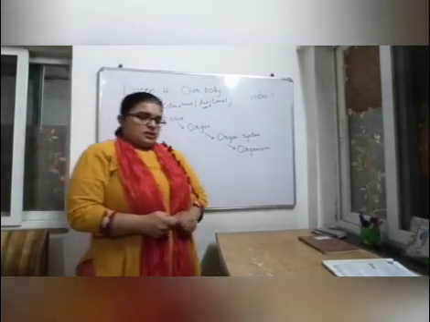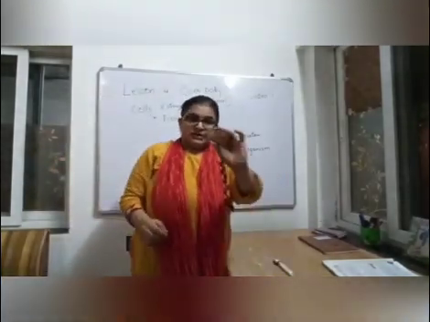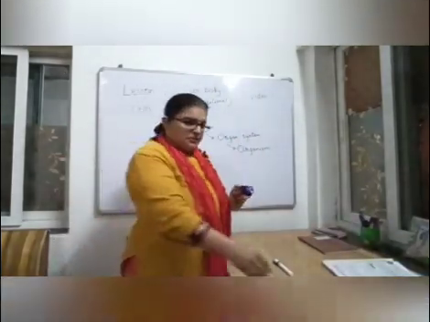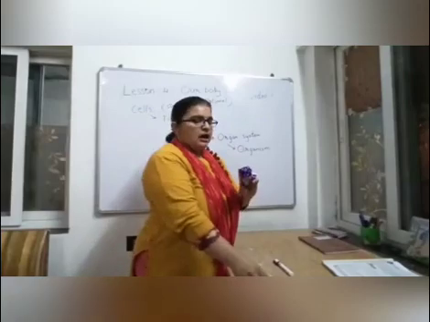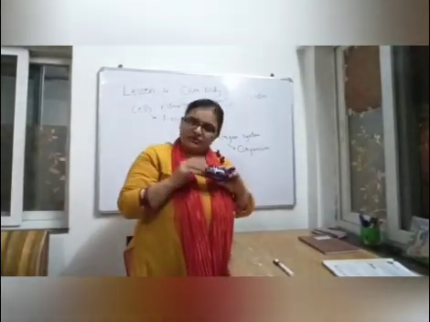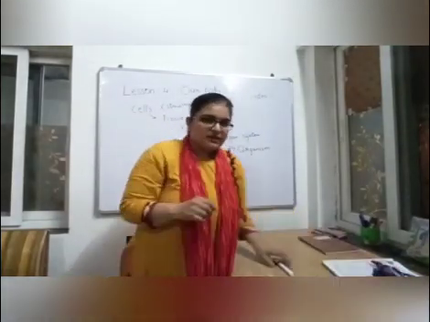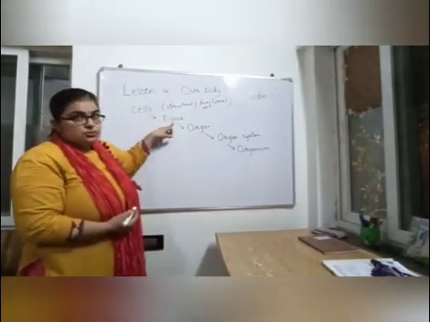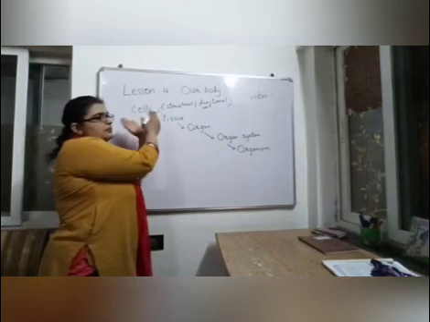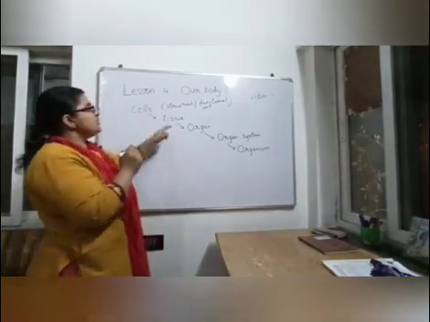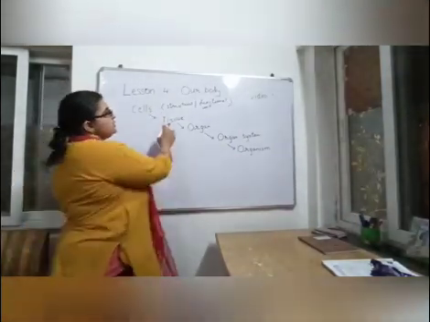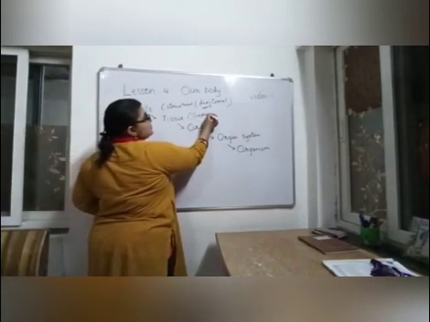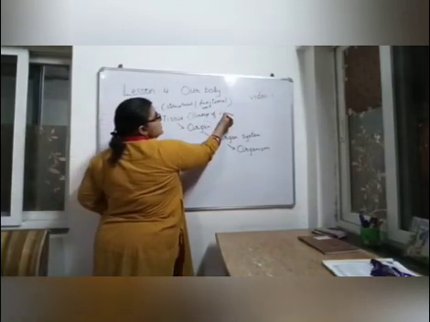Now, different biscuits have made up a packet. That means a group of biscuits has made a packet. Clear? Similarly, a group of cells has made a tissue. When the cells combine together, they are called tissues. So when you are writing of tissues, it will be group of cells.